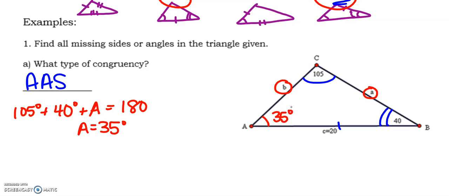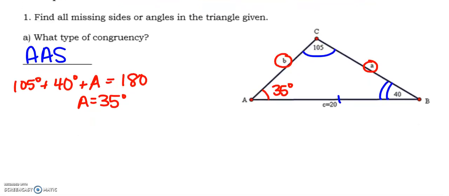And now I want to find my missing side lengths. Well, this is not a right triangle, so I can't use SOHCAHTOA or Pythagorean theorem because I don't have a hypotenuse. So instead I'm going to use this new law of sines. So I'm going to set up a ratio for a side and an angle that I have a pair. So I know 105 is across from 120. So I can set up that the